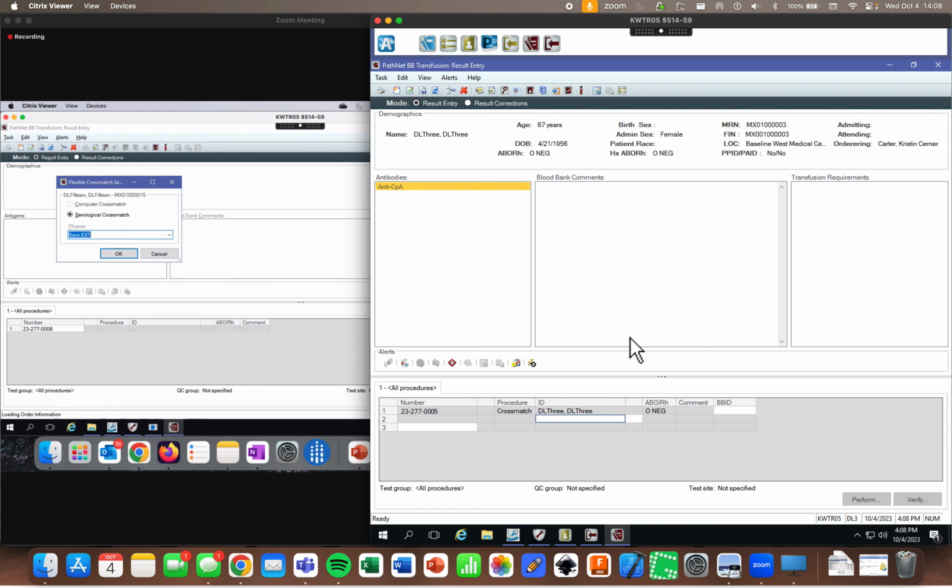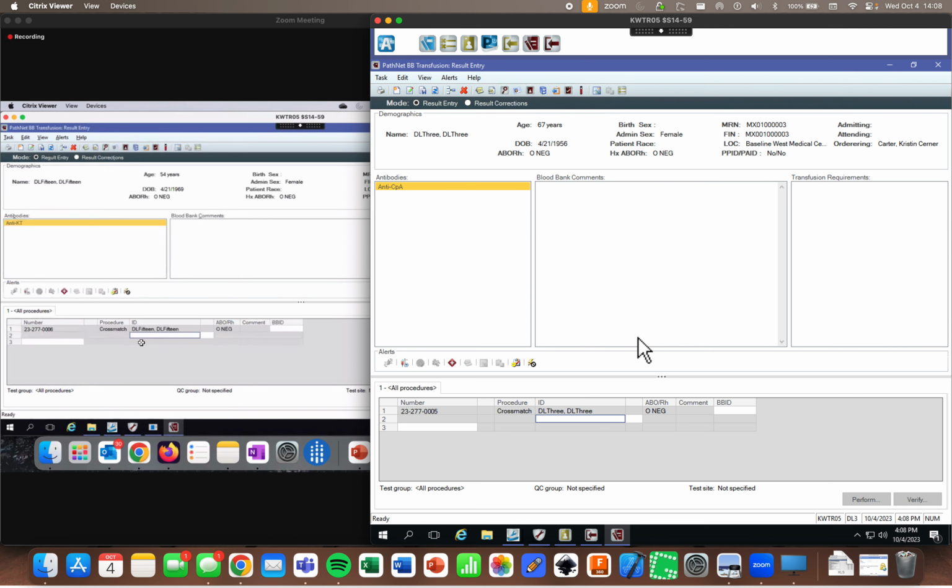And then we get our cross-match procedure here. You can see our lovely antibody there on the patient. It looks fantastic. And so now what I want to do is right underneath my patient's name